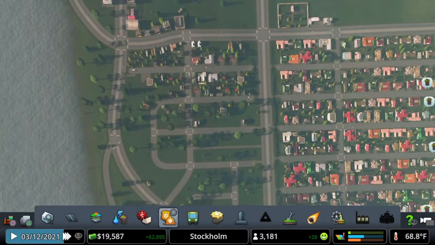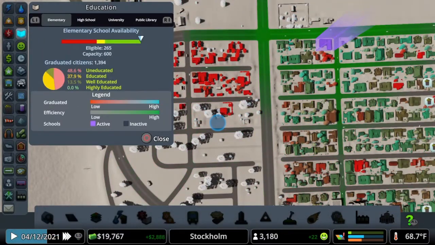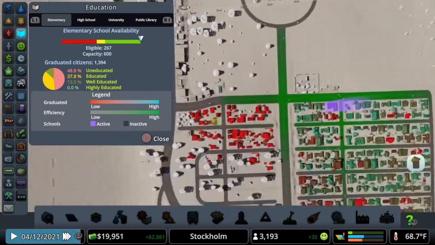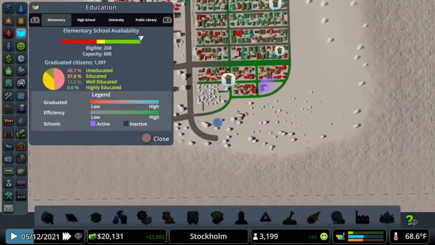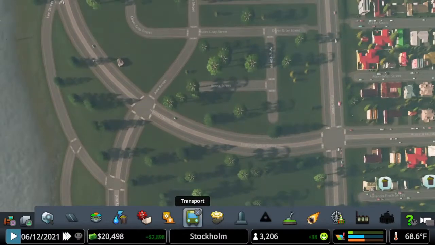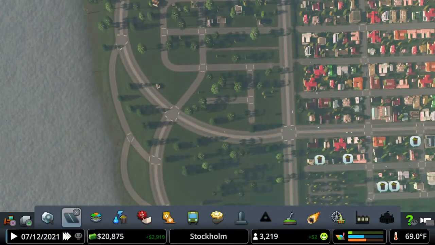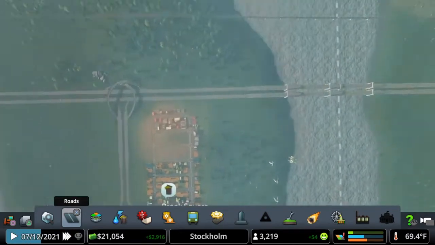Now, we have enough for another elementary school. I want to see what our... Oh, no, well, we're fine. We don't have one conveniently located over here, but we have 600 capacity and only 269 eligible. So we are going to...